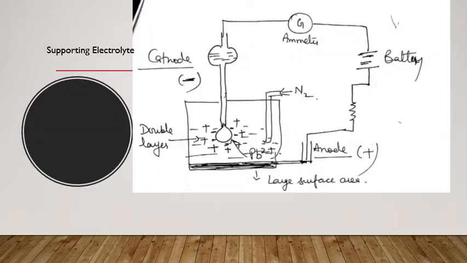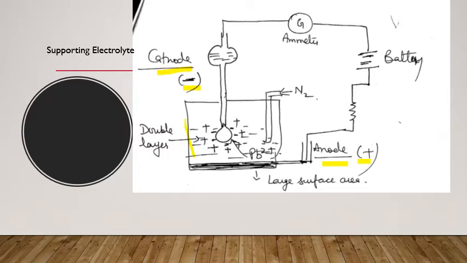So this is the instrument of the polarography technique, which is called the polarographic cell, in which in a beaker you are able to see we have connected the two electrodes. One is the cathode, which is negatively charged. Which electrode is used as a cathode in the polarography? We have read that it is the indicator electrode, DME, and the second electrode is the reference electrode, that is the anode here, which is positively charged.